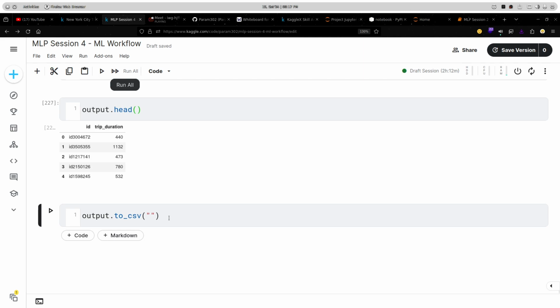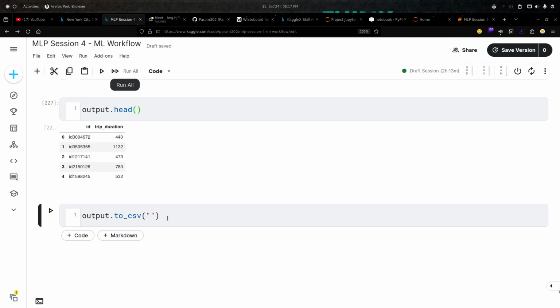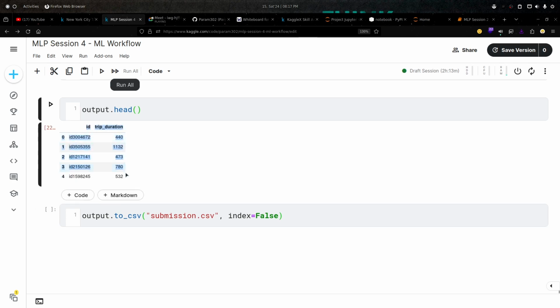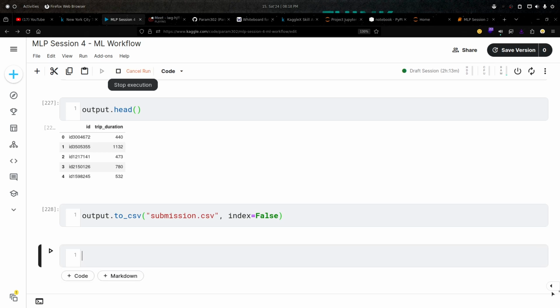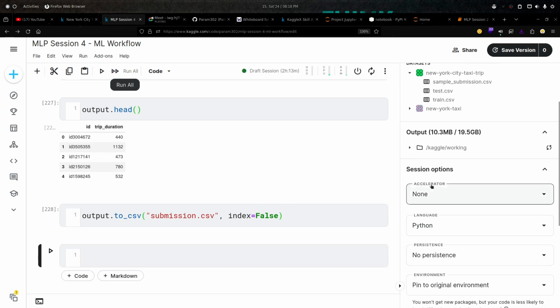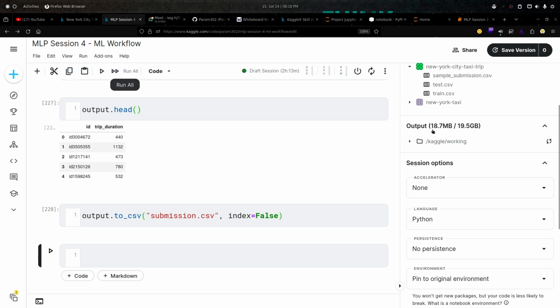The submission will be in the csv format, so that's why I'm using the to_csv function, and I just write submission.csv, and I also write index equals false. Why? Because I don't want this 0 1 2 3 4 index. I'll just need these two columns only. Now if I run this cell,